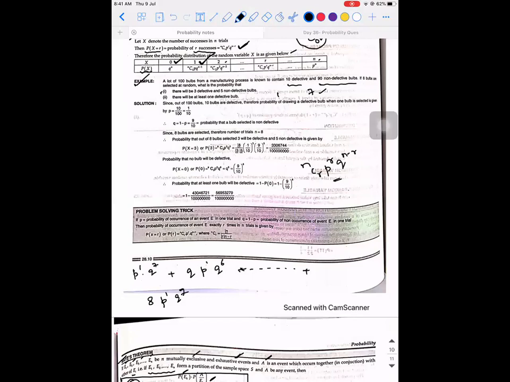So by looking at this question, will you be able to find out that this is a question based on binomial distribution? Because binomial distribution consists of only 2 possibilities. What are the 2 possibilities? One is success and the other is failure. Okay, so do this problem. You need not find that big value. If you are able to write it in the form of combinations, that's more than sufficient.